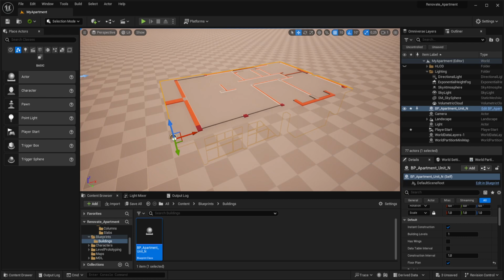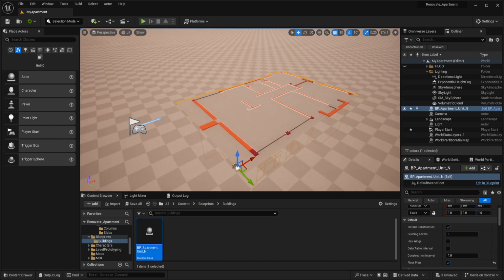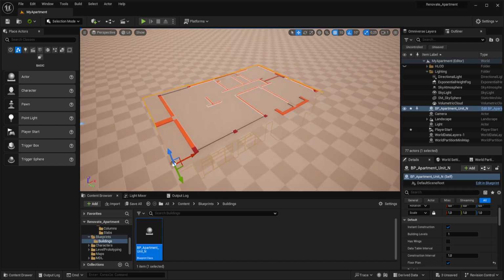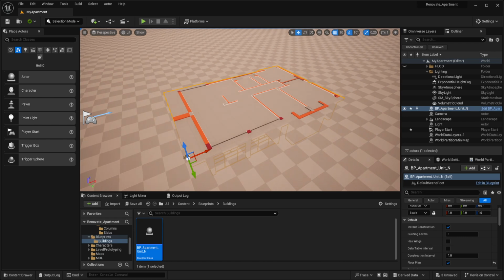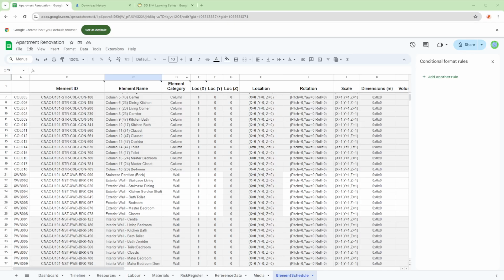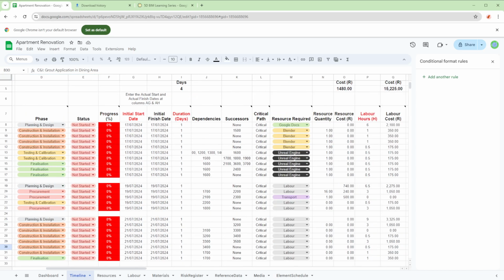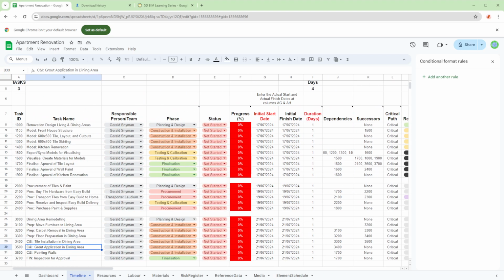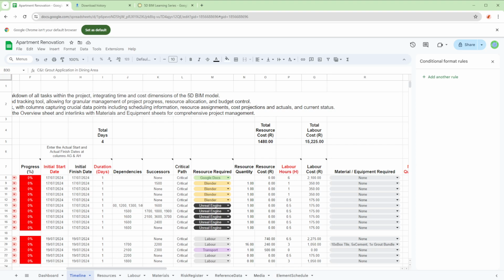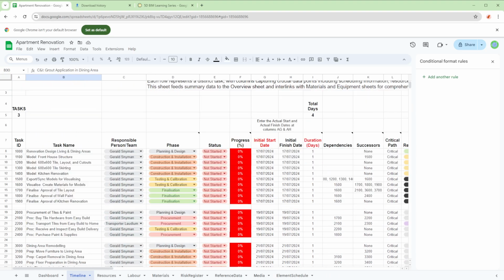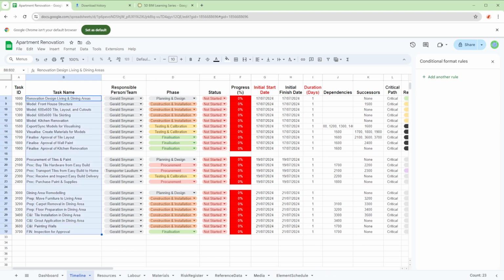Every day I'm focusing on getting this project planned, and as I said, this is a 5D BIM learning series where it is not only the time schedule, I mean the element schedule, that we are going to learn. I've set up this spreadsheet from scratch, which has been a tedious task. And task name, the schedule of